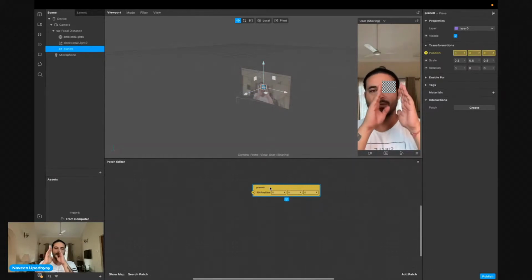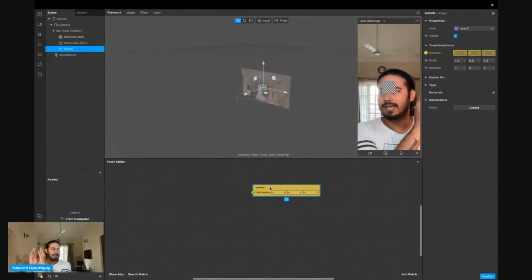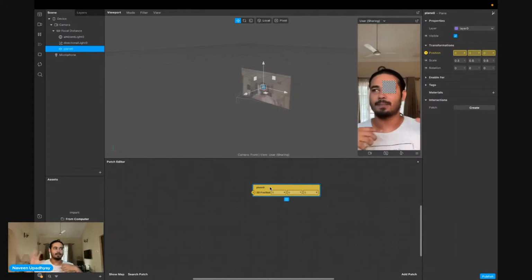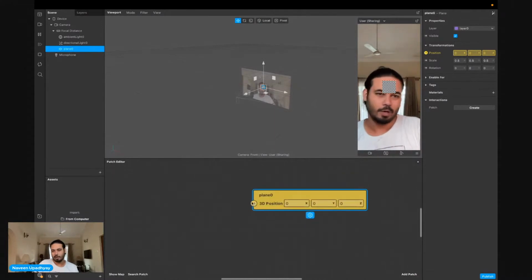When I screen tap, I want this plane to move to the right. So maybe it comes here, and when it reaches here, it needs to tell me that it has reached. How do I do that? My goal is that this should move to the right, and once it has reached, it should give me a message that it has reached. That's what I want. It seems a very simple problem.